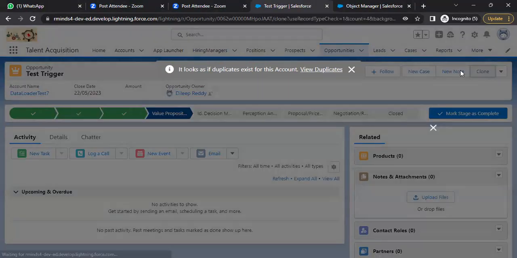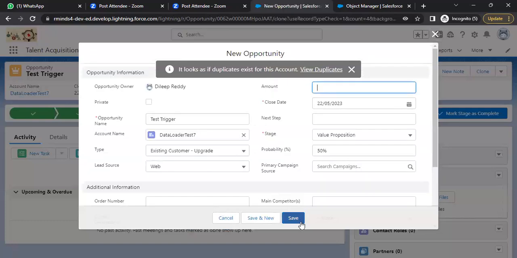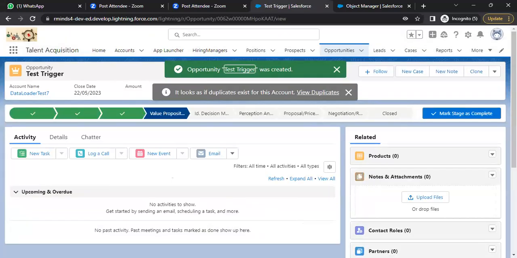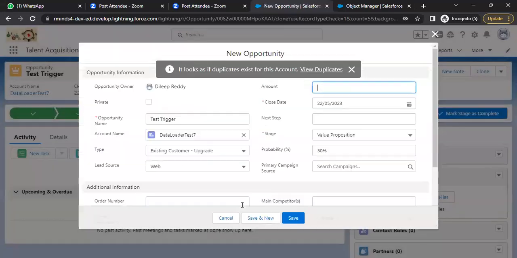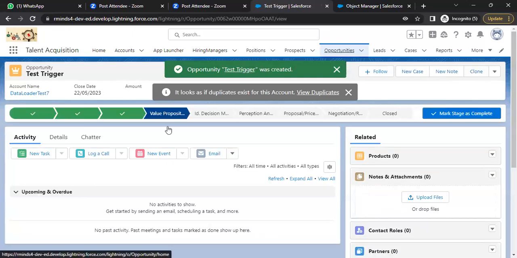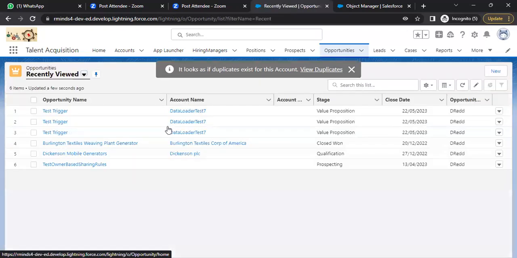Go here. I want to clone it and save it. So there is one more record created. I want to go again and save. Right? So here, if you see opportunities, we created three records, three duplicate records. Okay, right? So like this, in a real-time scenario, we will be having deduplication